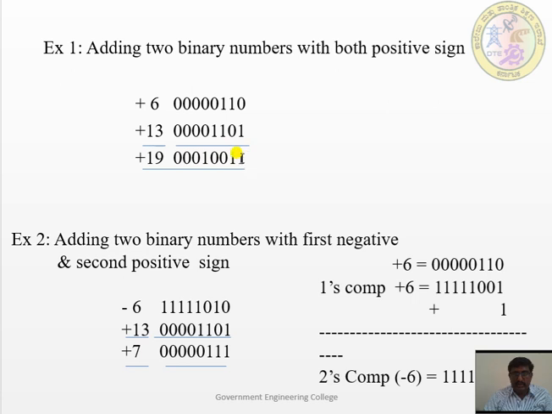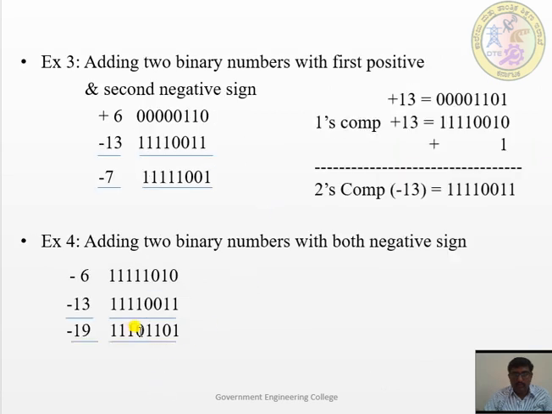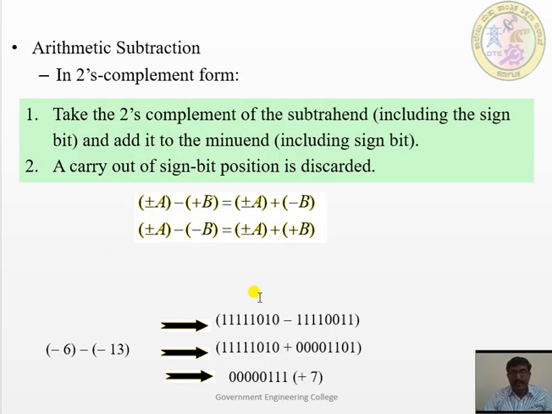Its value, according to the direct 2's complement, if I do it: 1 will be kept the same, and the remaining bits are complemented, that is 1 1 1 0 1 1 0 1. Okay, so whatever the value converted is the same. So in this fashion we can convert any of the numbers with the sign bit by using the 2's complement method for the negative numbers.